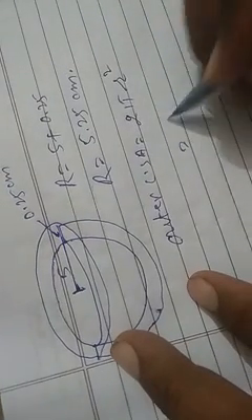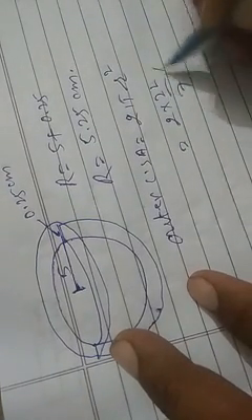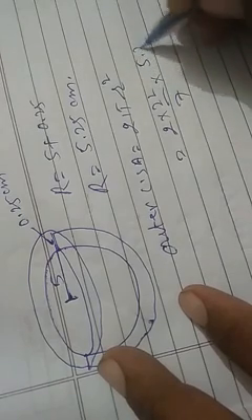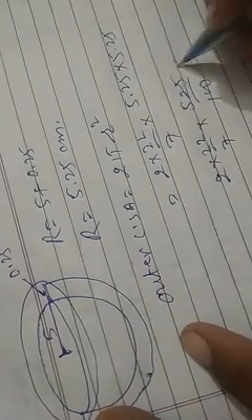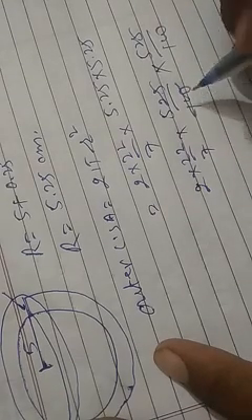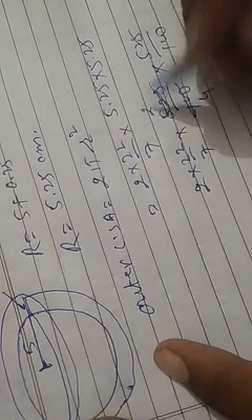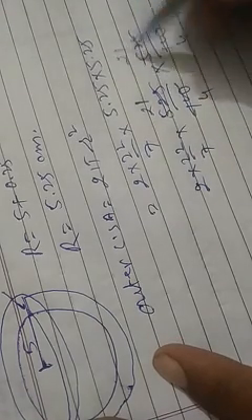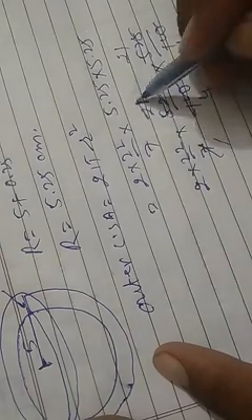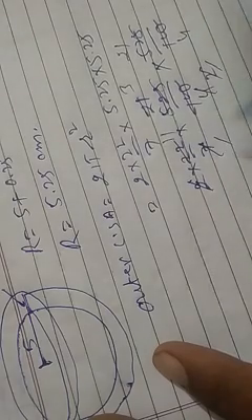Then here 2 into 22 by 7 into r square, which means 5.25 into 5.25. Then 2 into 22 by 7 into 525 by 100, remove the point, 525 upon 100. Then we calculate this: 25 4 ja 25, 21 ja 25, 4 ja 25, 21 ja. Then here 7 1 ja 7, 3 ja, 2 1 ja 2, 2 ja, 2 1 ja 2, 11 ja.